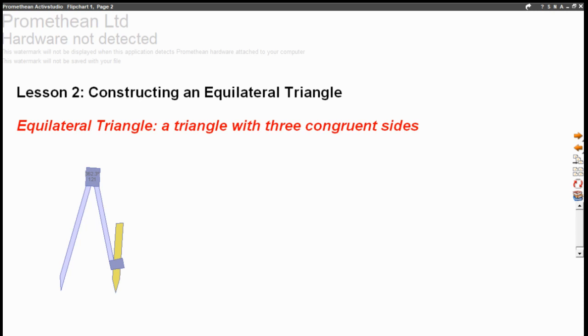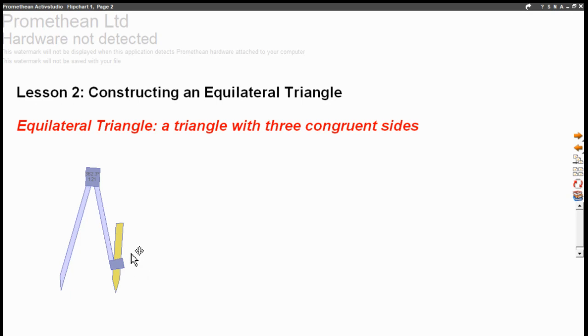Hi, this is lesson 2, and today we're going to be constructing an equilateral triangle. An equilateral triangle is a triangle in which all three of the sides are congruent. In lesson 1, we talked about the basics of how to make congruent segments. Essentially, we're going to be using the same tools, but this time we're going to make those congruent segments